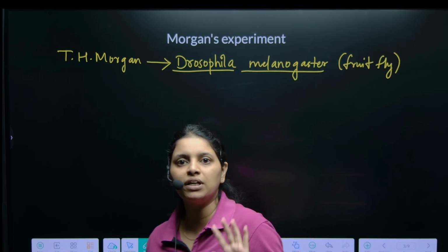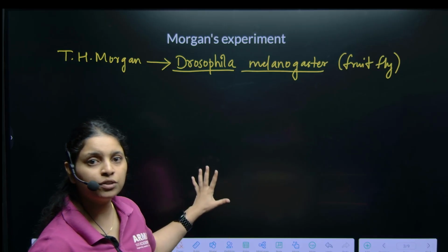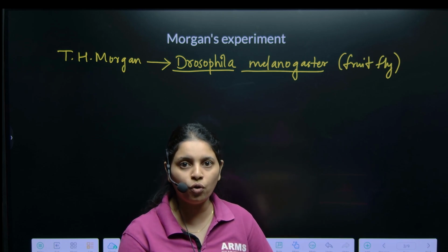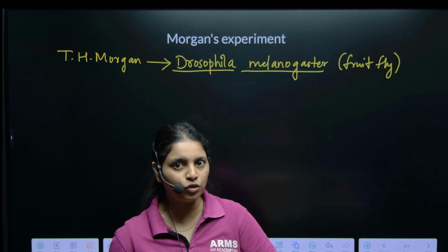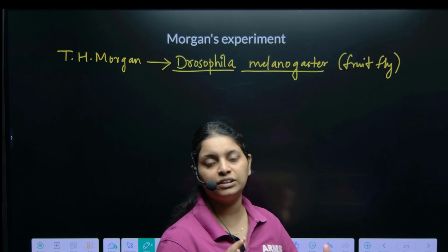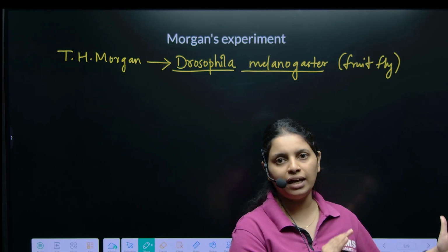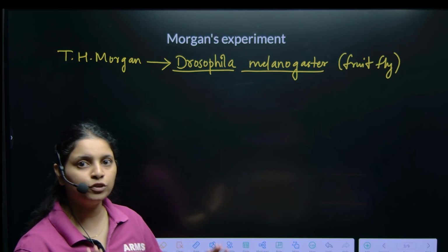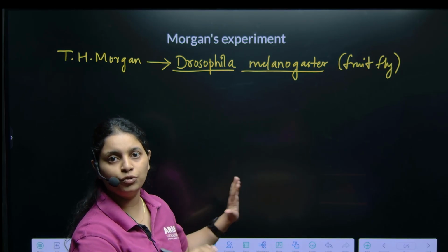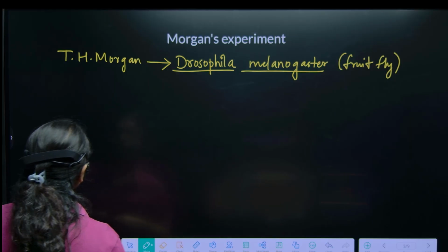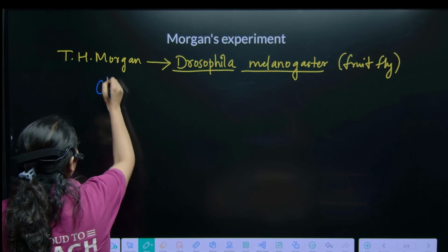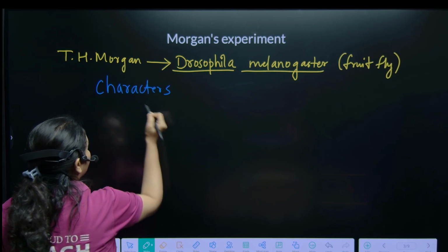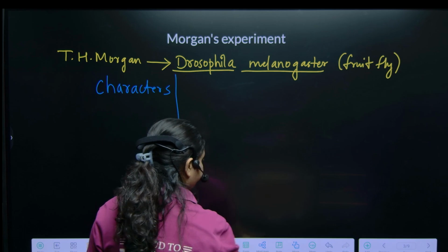Now, which characters were considered? Let's write this first. Before studying and making the actual cross, make sure you know all the characters studied in Drosophila, and also which character is wild type dominant and which is mutant type recessive. Here we will directly draw the table so that you can easily remember all the characters. First, let's see what different characters were studied. We have characters. Next, we have